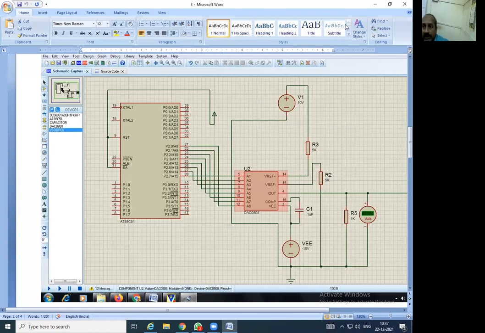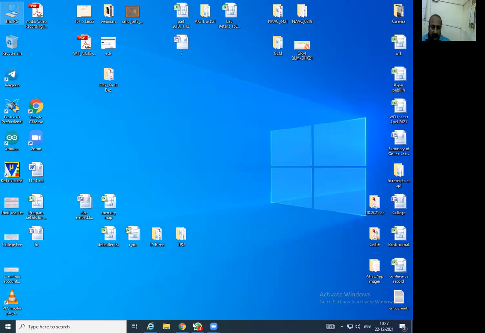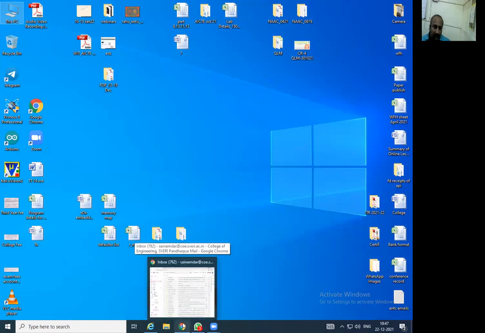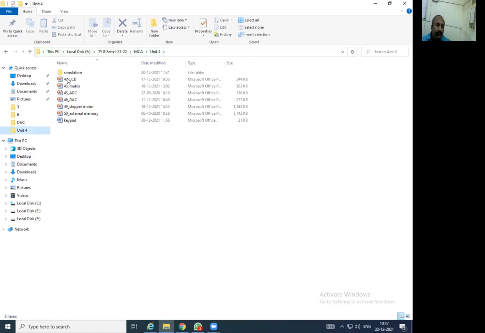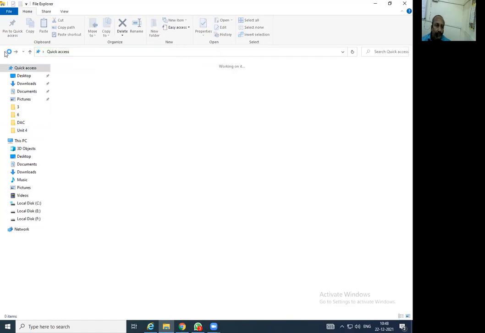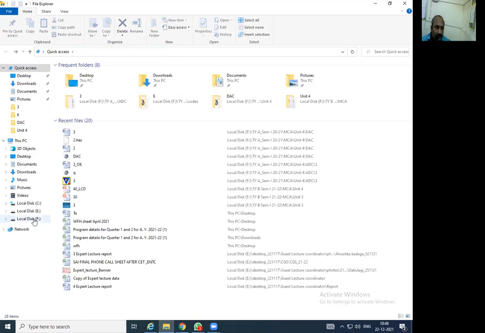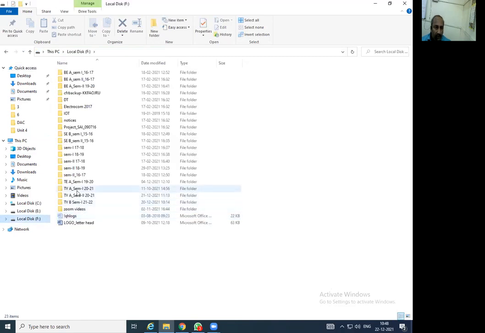And the last one that remains is the stepper motor. That also we will see here. So for the stepper motor, let's give a minute so that I can open it.